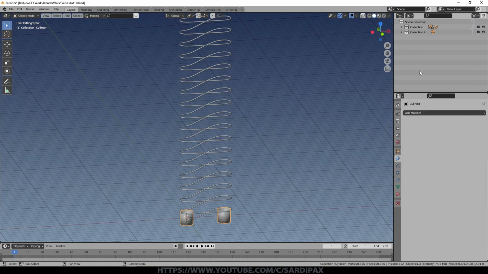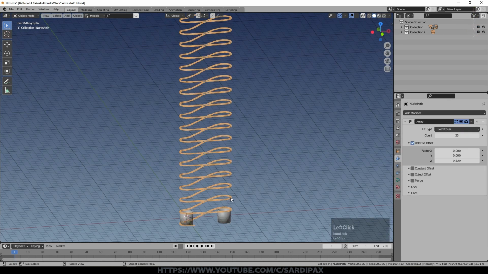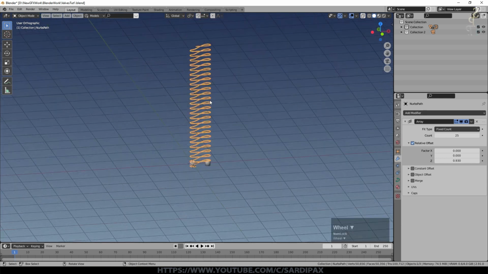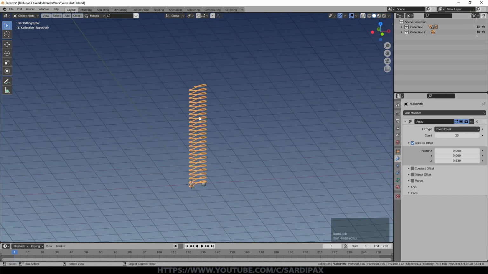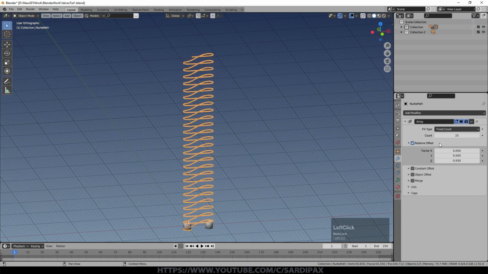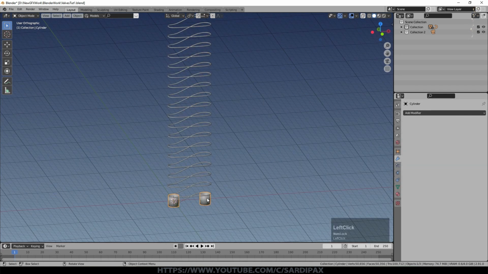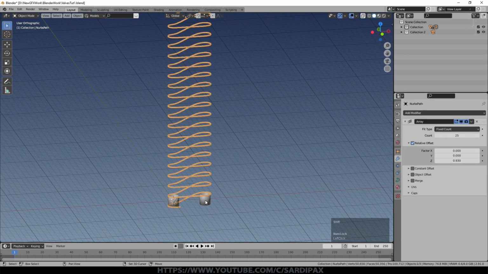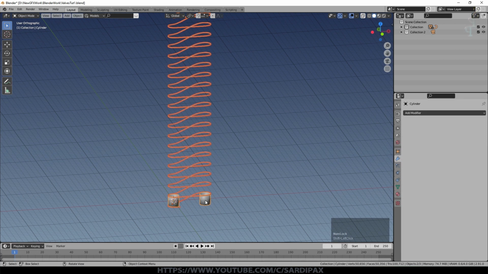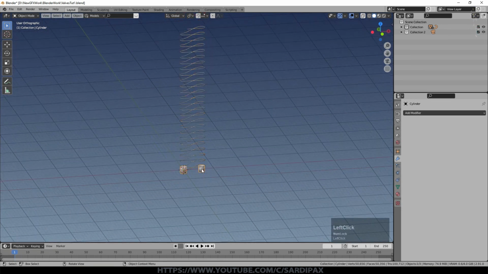If I come down to here, I could just join this cylinder with the heater wire, but there's a lot of advantages in not completely joining everything together and not turning everything into a simple mesh, because you can play around with it. If you want that heater to have perhaps some more steps in it, then it's easy enough to just go back in and add some more into the array. What I will do though is I will select the heater, then select this little cylinder down here and Control P and say set parent to object keep transform. So that means if I move these cylinders around, the heater wire will move with it.